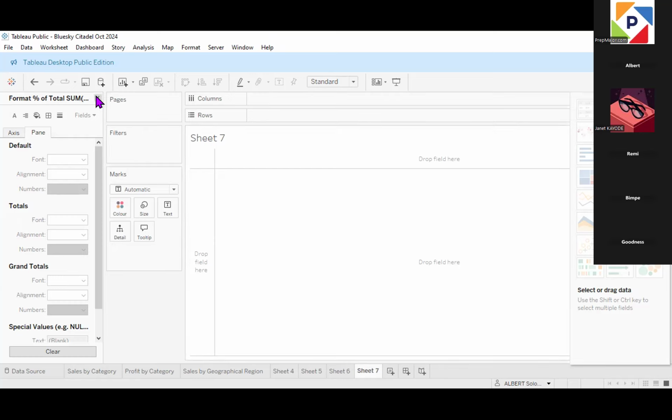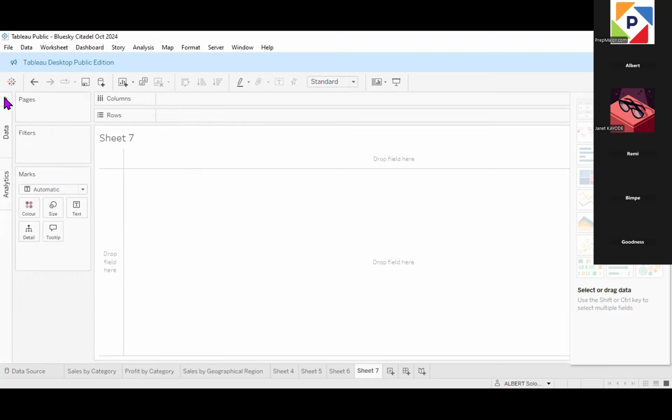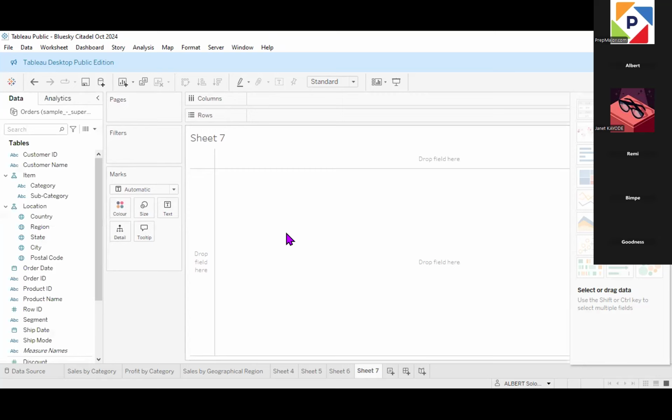So now to create our donut chart, the first thing we want to do is create a calculated field. Now, a calculated field is just like when you are creating a field for calculation. Just like, for example, in your Power BI, they would say, okay, we want to write a DAX language or DAX calculation. So calculated field is just like the same thing